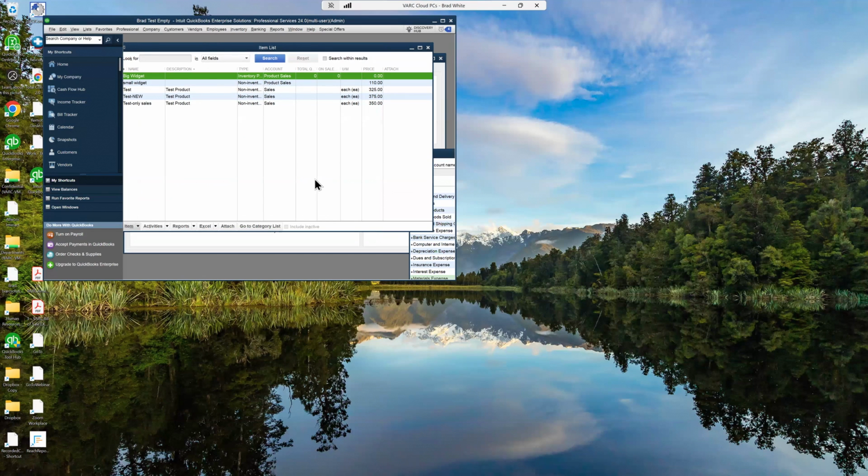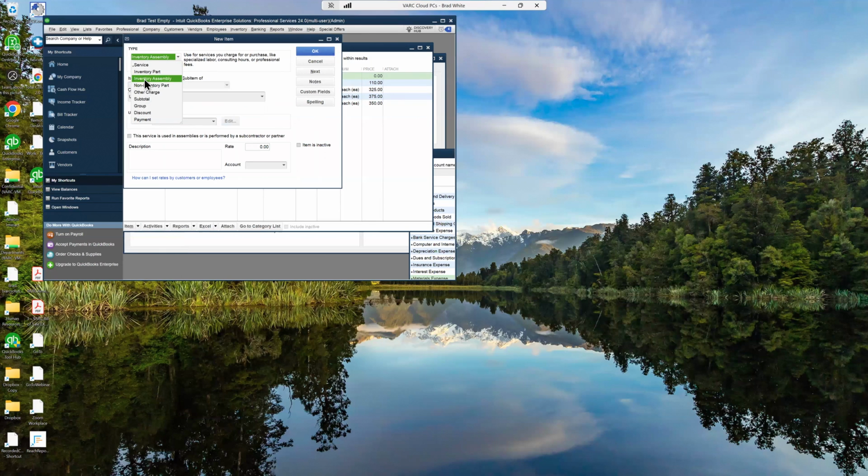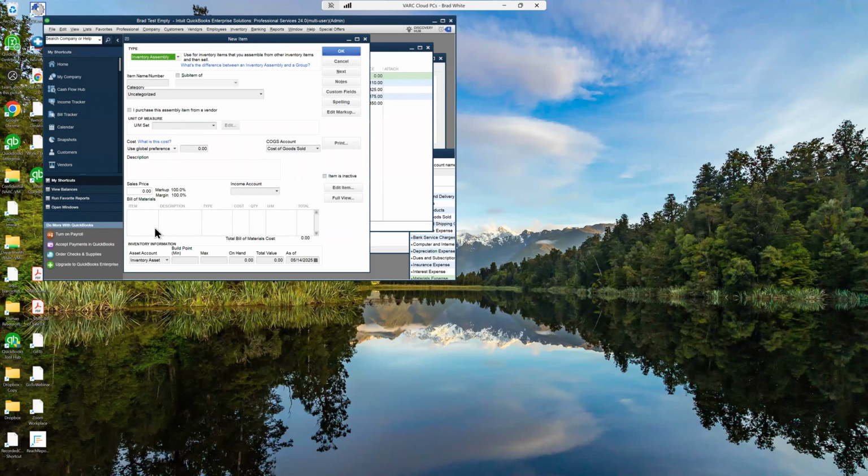One of the other distinctions that we make between QuickBooks Desktop and QuickBooks Online that I think is important is how this relates to inventory and inventory assemblies. You all should probably know that QuickBooks Online doesn't do inventory assemblies. You can't buy components and then turn them into a finished good like you can with QuickBooks Desktop. In QuickBooks Desktop, you can actually do an inventory assembly, and it's a different type of item. And that's where you could put in the actual components, and then you could turn that component into a finished